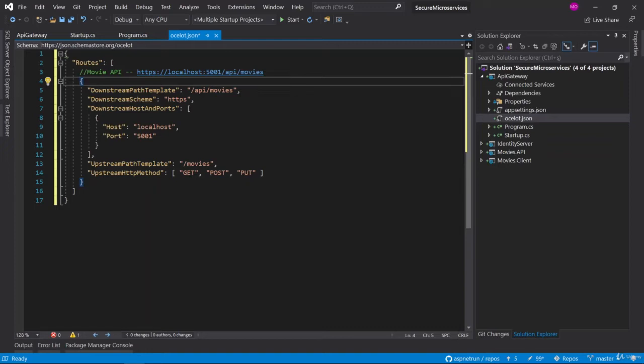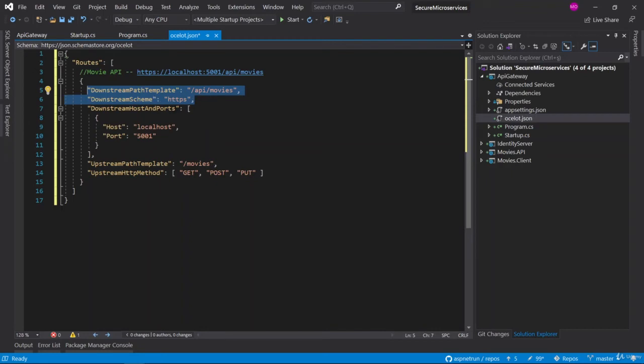internal systems. Also, as you can see, we have summarized the API calls, removed the API path and use only the movies path when exposing the APIs for the client application. So you can see that downstream is the internal APIs and upstream is the external APIs which are exposed from the API Gateway. So when we are exposing these internal APIs, we are summarizing the API URL. We are only using movies, not API movies, but internal microservices are using API movies, and these are protected resources,